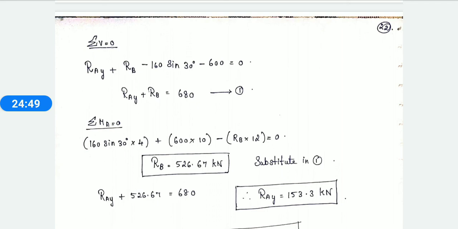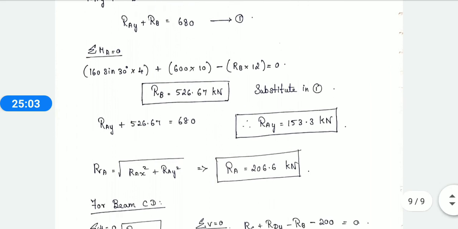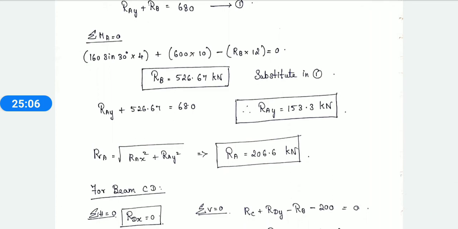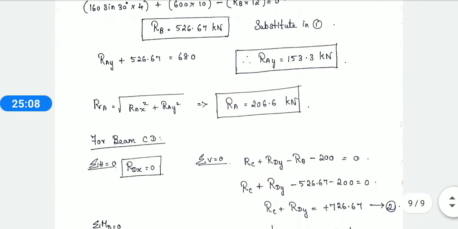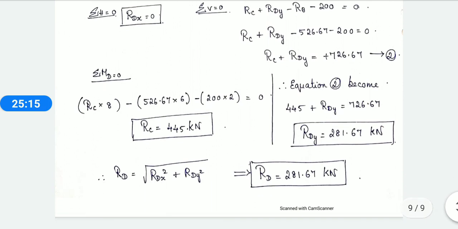I really hope that you all know how to find the reactions clearly, because it's very easy, from long before, from the module before itself. From the IA1 we are studying the basics of this, to resolve the forces. So I hope that you all can do this easily. Only the complexity will be to convert the beam reactions first. So study well and follow the same steps of summation of horizontal forces is equal to 0, summation of vertical forces is equal to 0, and summation of moment is equal to 0.